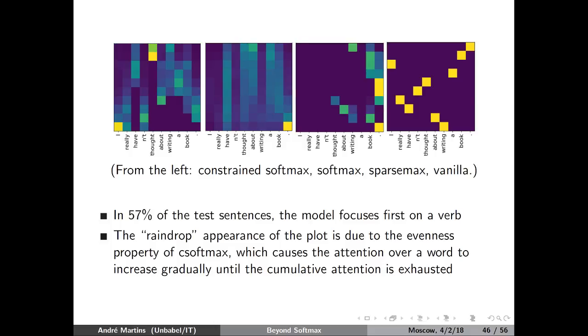So this is actually putting more... It's not having an easy first behavior. It's actually putting most effort on trying to figure out the part of speech tags, for example, of verbs. And my intuition is that by doing that, it's trying to figure out what the entire argument structure of the verb is going to look like. So this is going to give a global perspective of what the sentence is going to look like.